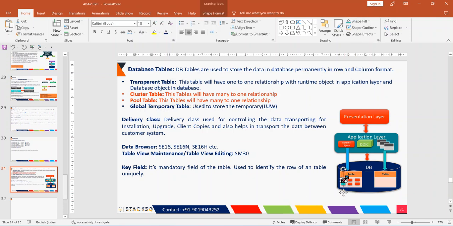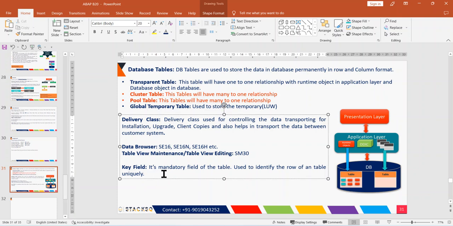Let's say if it is one here, then there can be no other row with one here. It can only occur once if it is only one key field. If the table has multiple key fields, in that case the combination of these two columns will become the key, and that combination will be identified uniquely. So that is the use of key fields. It is mainly used to identify any row of a table uniquely, right? So this is one thing that happens based on the key field. And one more thing is that based on the